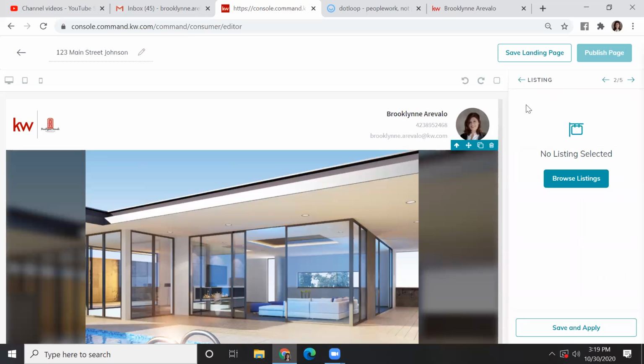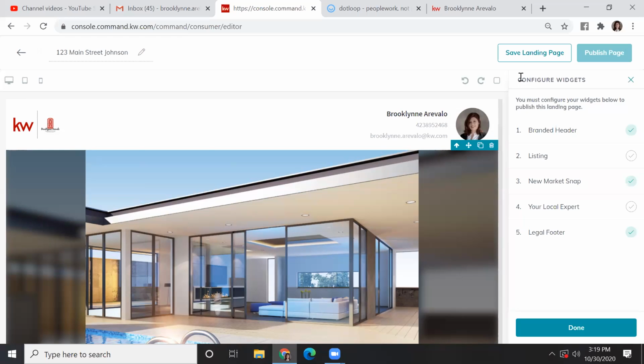That is going to bring up this sidebar menu. You'll notice it says 2 of 5. Here I have 5 widgets on the page and I'm on section 2. I really want to start from the beginning, so I clicked that back arrow. You'll notice it has all 5 of the widgets that I selected in the order that I placed them on